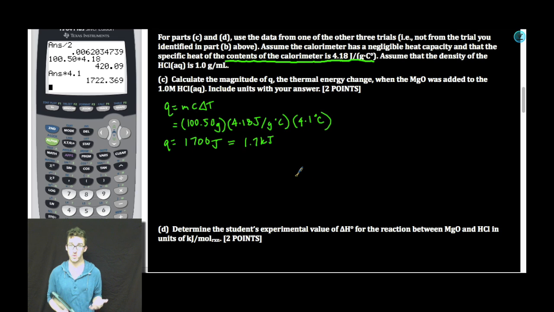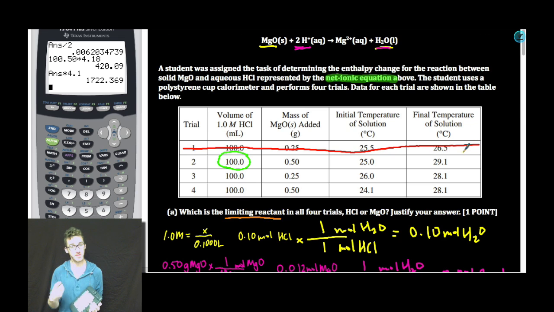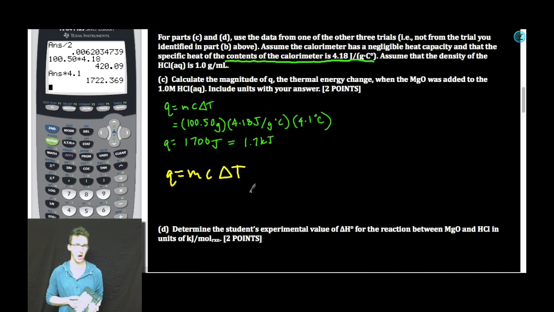Alright, now we were only asked to use one of the trials. In this video, I'm going to include an example from a second trial just to drive home the concept that we were asked to think about in Part B. So I'm going to do the same calculation. This time though, I'm going to use trial 3, where we only used 0.25 grams of magnesium oxide. Again, MCAT. Be cautious here. Your mass value is going to be